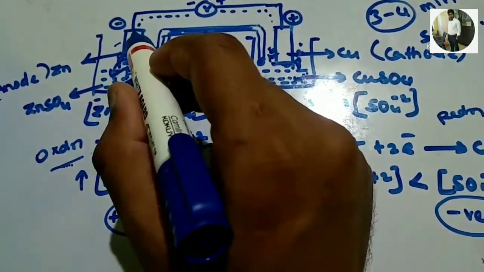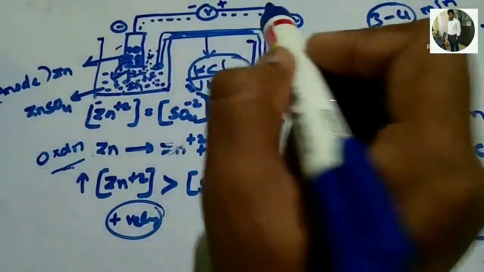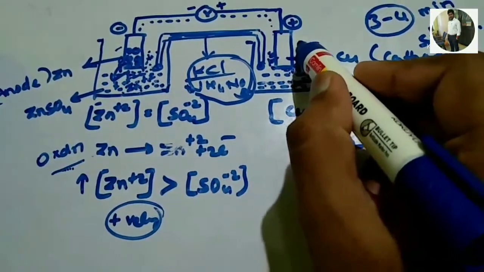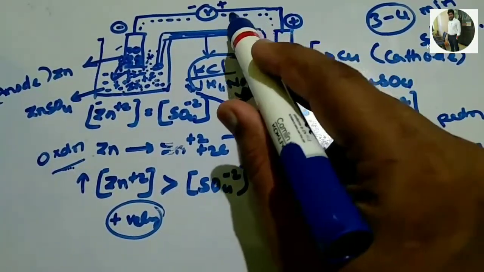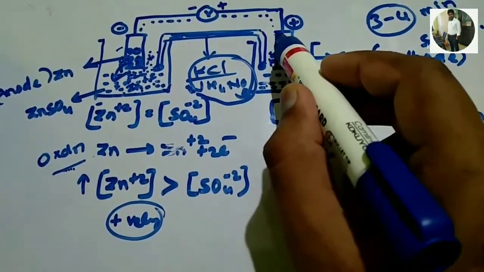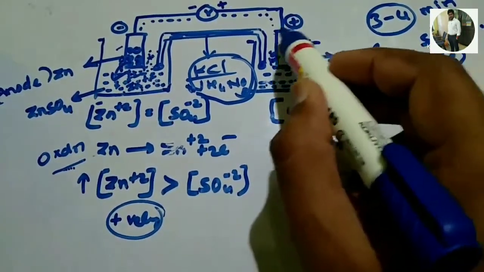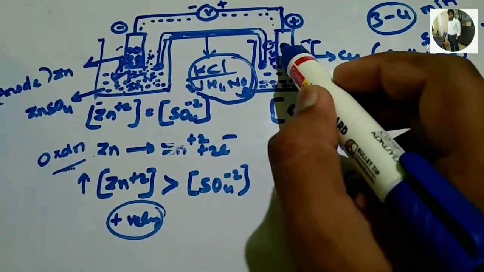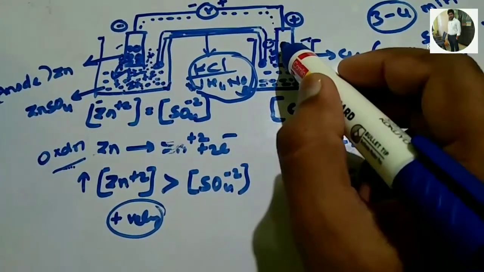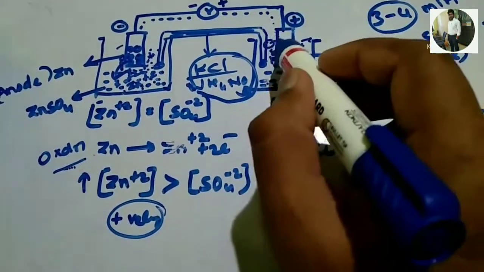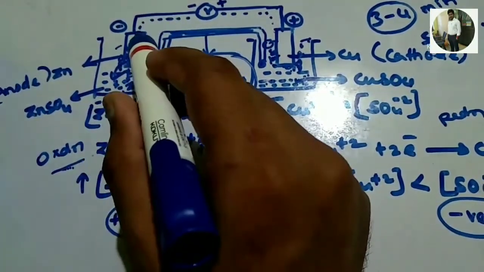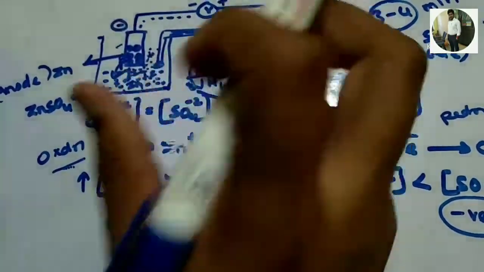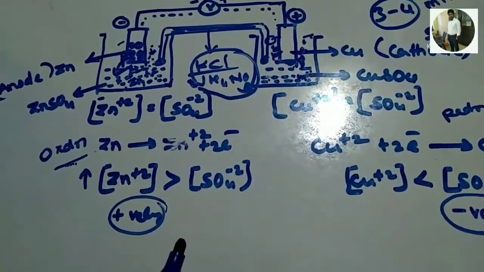In case by chance any electron is moving, the SO4 minus 2 ions are negative, and if the electron comes here, the SO4 minus 2 ions are negative and the electron is also negative, so negative-negative repulsion. So here the cathode is not giving permission for the electron to come, and the anode is not giving permission for the electron to go. So both happen simultaneously.